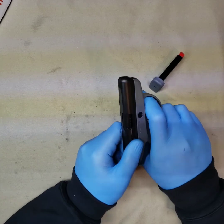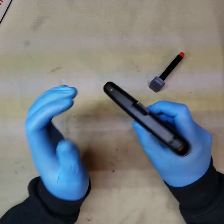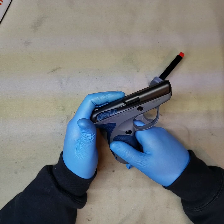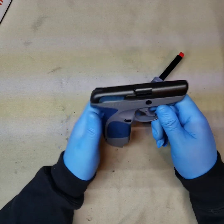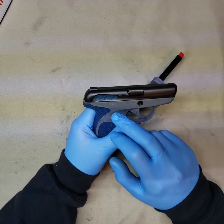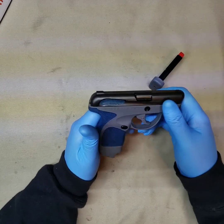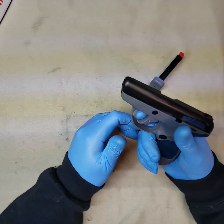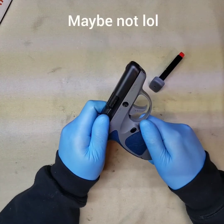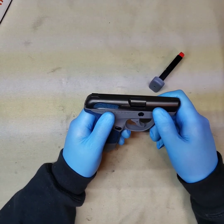Definitely not a very good trigger, in my opinion. But what do you ask for a sub $200 gun, honestly? I have played with SCCY-wise. I'll try to do a review on one, but that'll be down the road a piece. We're talking mostly Taurus now. But I don't know. I think this is probably as good as an SCCY. So, well, let's take it outside and send it through for a few rounds down the barrel